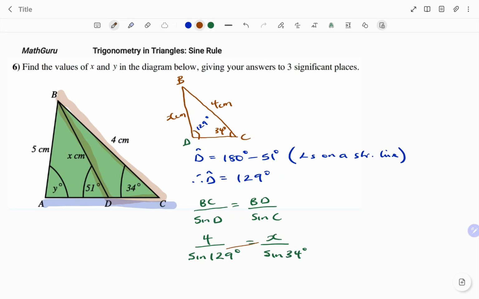If I cross multiply, as shown, what I will have is x times